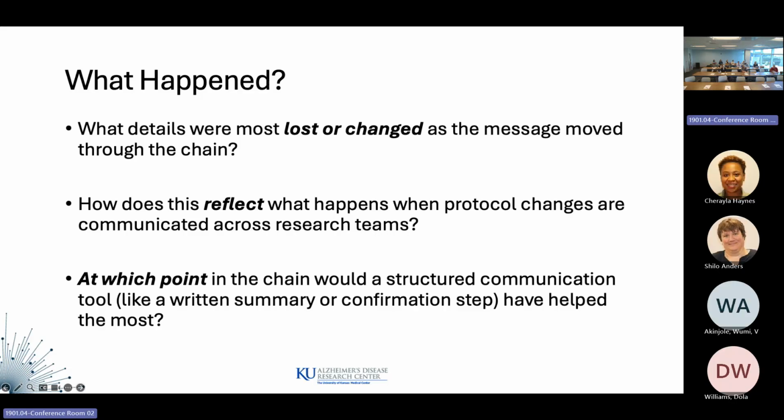Now you could say, well, everything's written now. We have AI transcribed notes, we have Teams, we have email, but emails get buried. You forget where things are in Teams. Sometimes you can't even Teams someone depending on the collaboration, the partnership. And then there's also our own communication styles that we cannot neglect as we're talking about this.